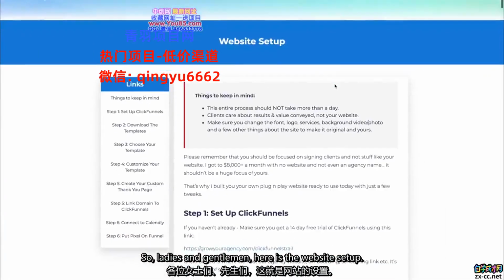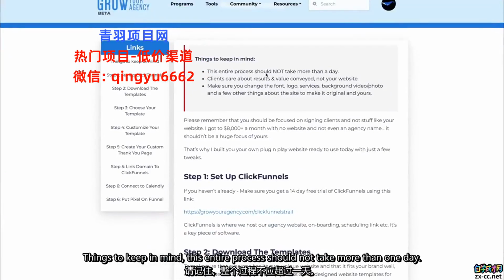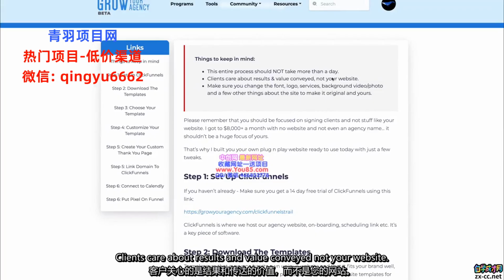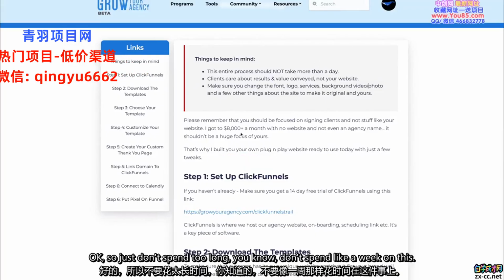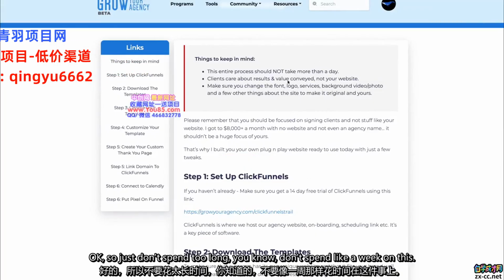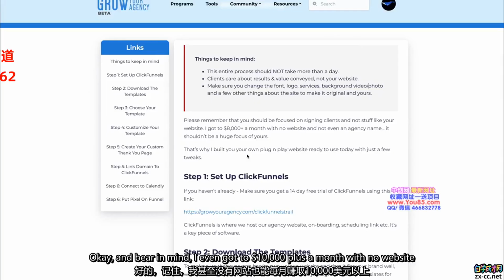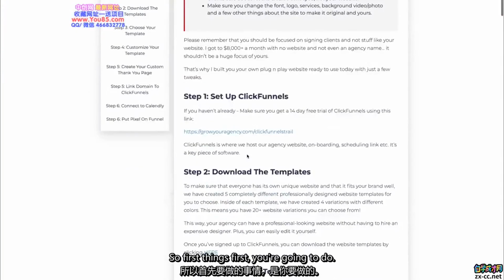Ladies and gentlemen, here is the website setup. Things to keep in mind: this entire process should not take more than 1 day. Clients care about results and value conveyed, not your website. So don't spend too long, don't spend a week on this. And bear in mind, I even got to $10,000 plus a month with no website and not even an agency name. So first things first,